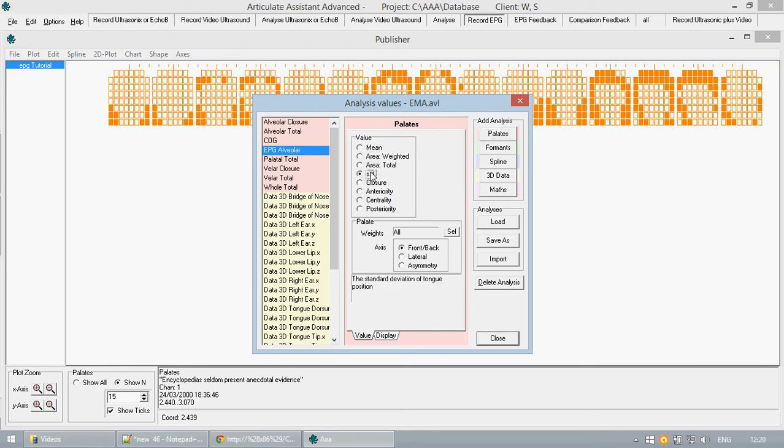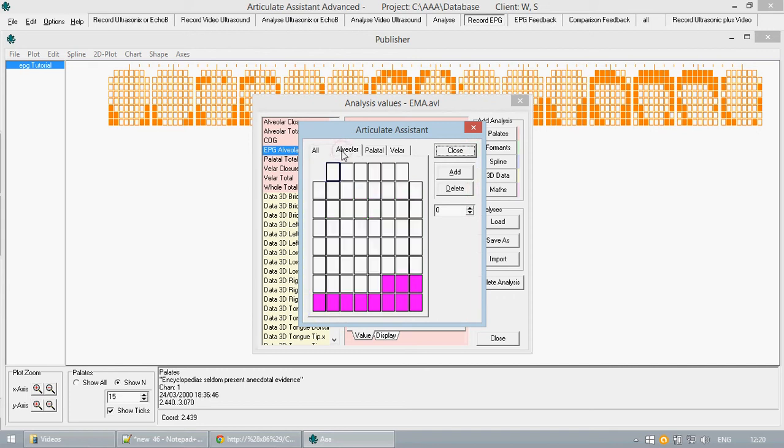Mean and standard deviation correspond to the approximate position of the tongue within the mouth. You can use the buttons lower down for front, back, lateral, and asymmetrical to further specify how you want the analysis to output a value. Area weighted, if we look at this here, which we will briefly discuss,